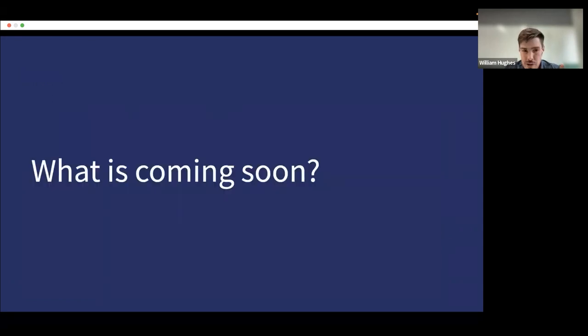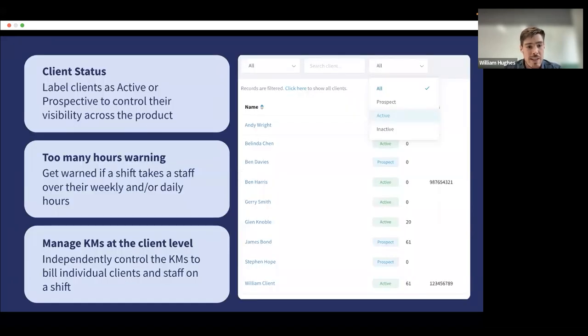So outside of these features, what's coming soon? What's really nearly there and will be released in the coming weeks or month? There are 3 things we're looking at. The first one is we are introducing the concept of a client status, so that you can label your clients as active or a prospect or prospective client, to be able to control the visibility of your clients throughout the